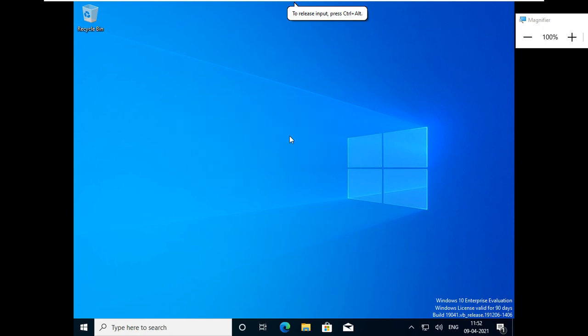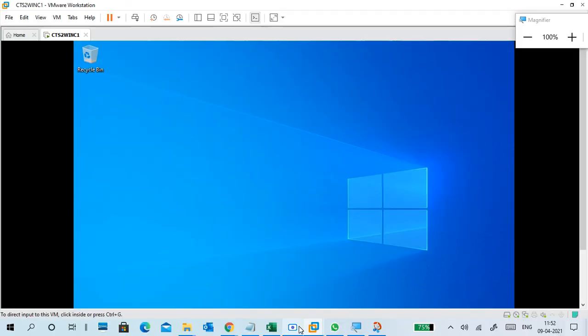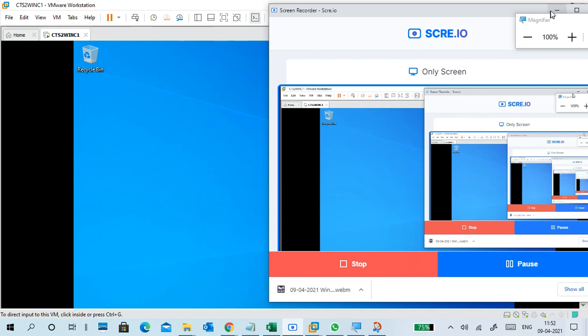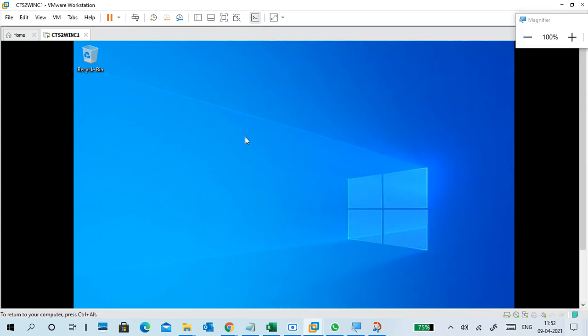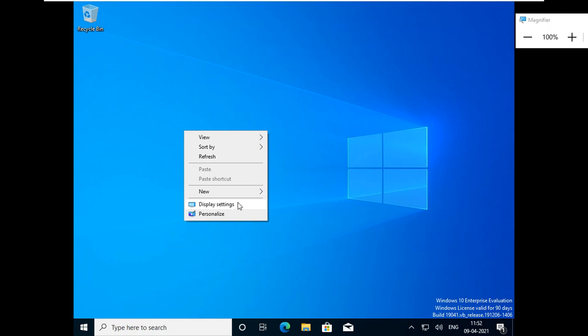This is a display setting. My display is smaller. I will try to change my display settings.